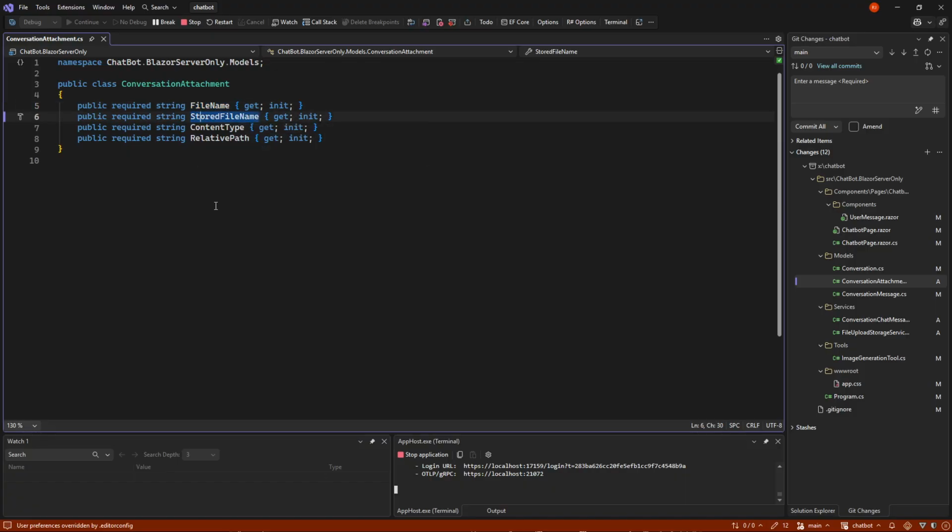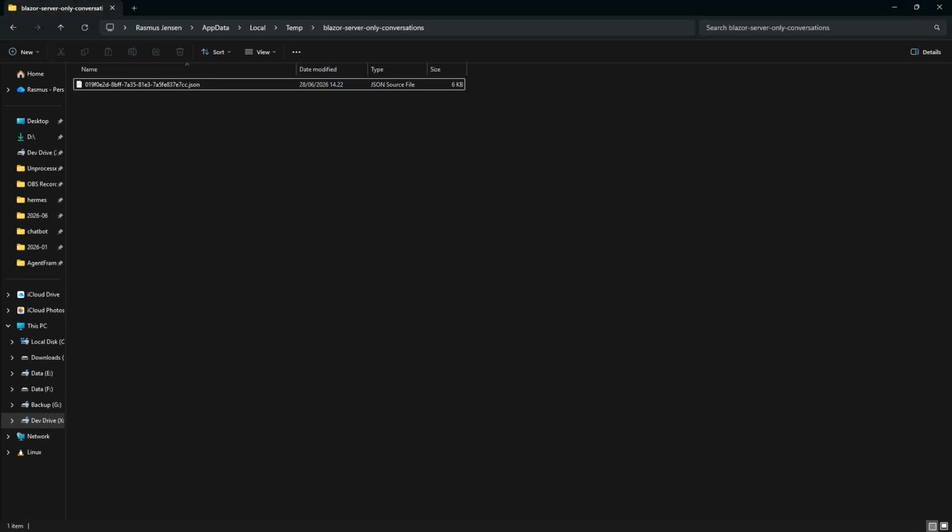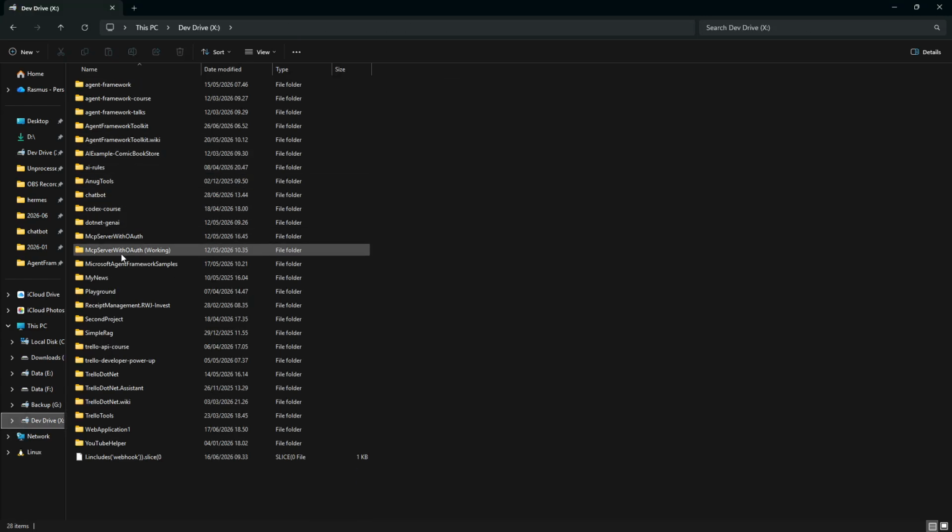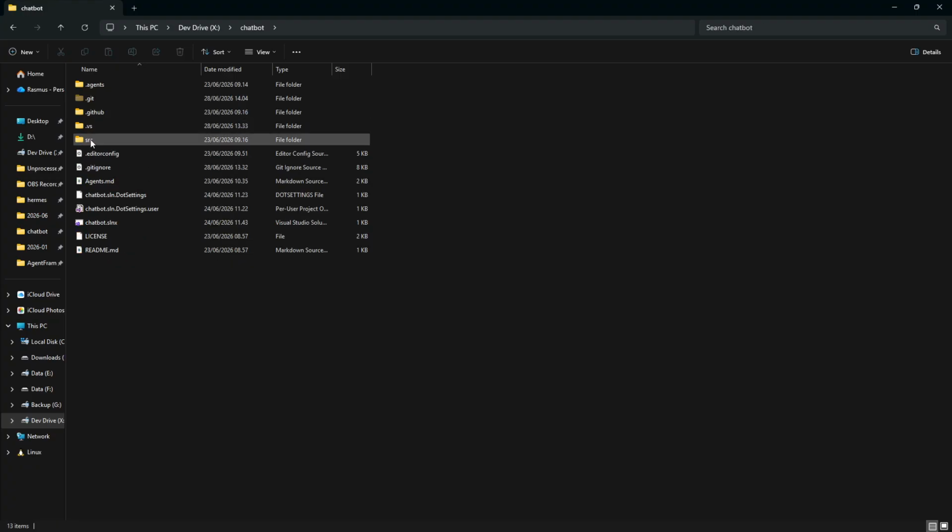The stored file name will just be a file name with a guid, the content type, whether it's PDF or images, and the relative path where we store it, because we are using the app data of our system. Let's go into chatbot and the source.